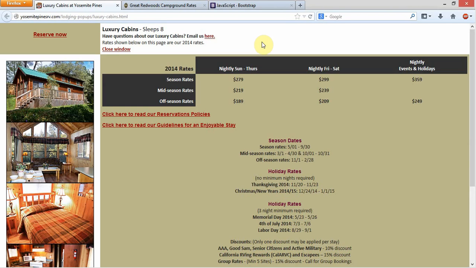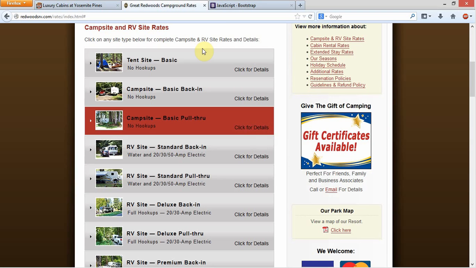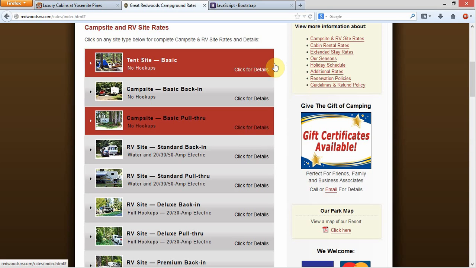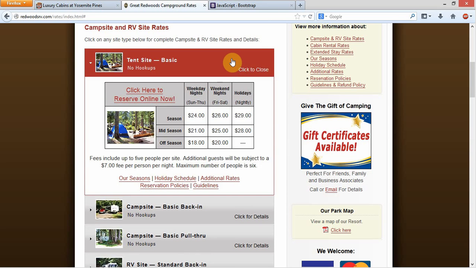So here we are at YosemitePinesRV.com, and I've got one of the pages for the information on one of the luxury cabins opened up here. I'm told that we want this information to be in some type of interface similar to this, meaning the individual will come upon the page and they will see an index of some sort, whether that be a list like this, whether it be thumbnail images, whatever, and when they click on that,